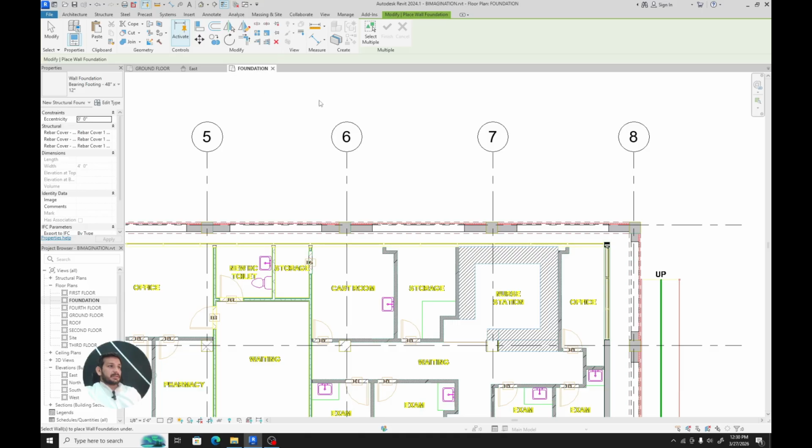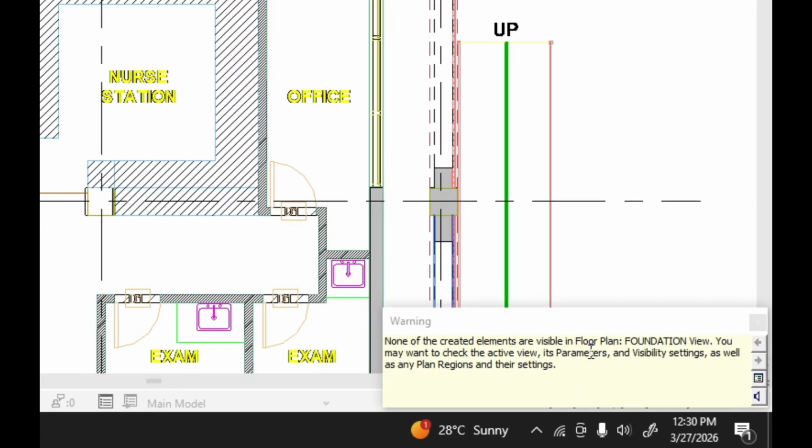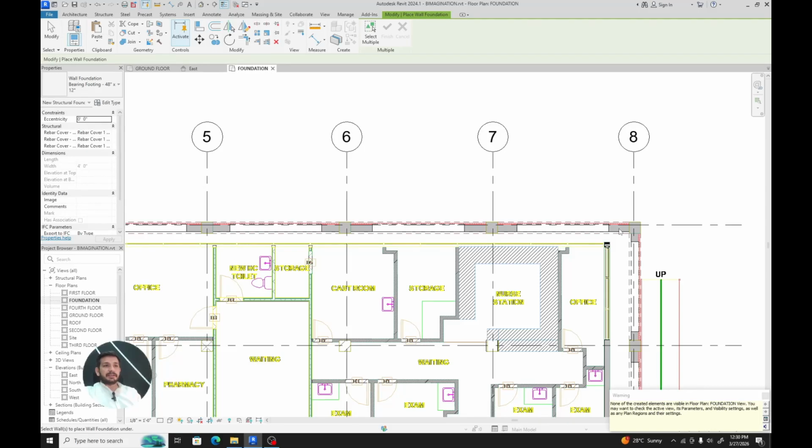So I will just now select these walls, and you can see that none of the created elements are visible, but they have been created. So you can also verify that. Now I want to redraw, but currently Revit is not letting me create a foundation because it has already been done. And now I can also know which walls or foundations have been drawn just by knowing which element or which part of the wall has been highlighted or not. So I will just click these elements,